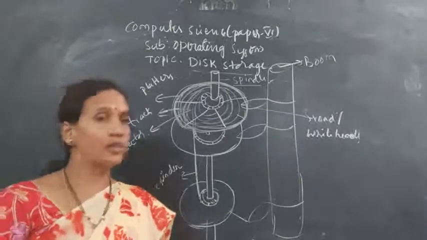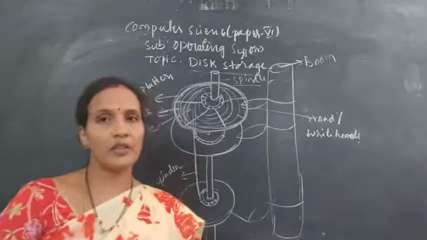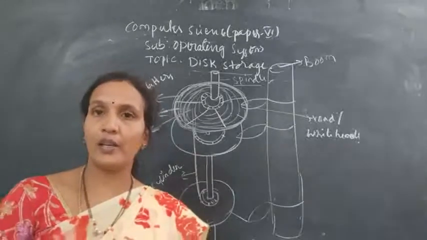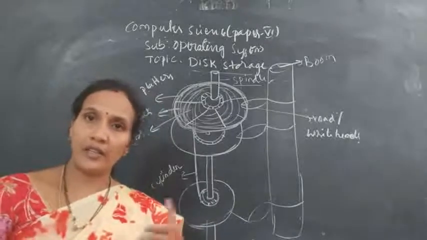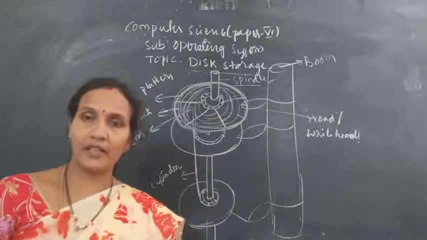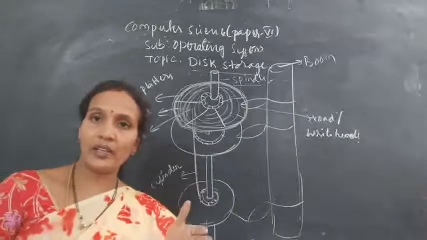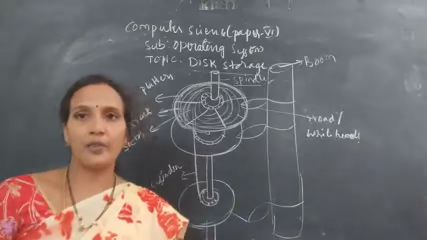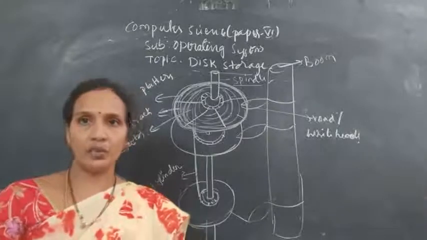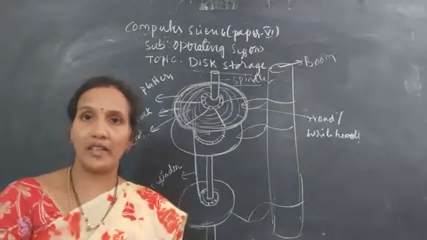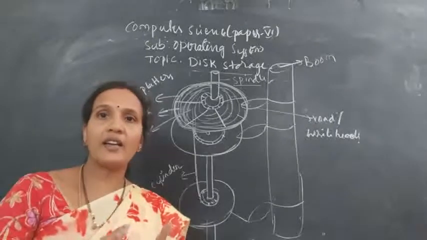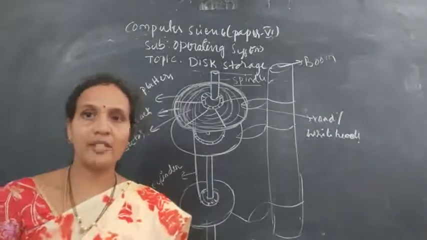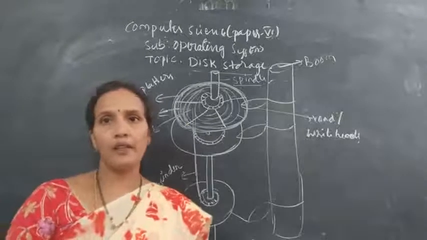And if you have thousands of platters, meaning thousands of read and write heads, only one point is that the read and write head will read the content and write the content which is in the very adjacent track to it. So in whichever track you want to read the content, you rotate the track so that it moves very adjacent to the read and write head, immediately adjacent to the read and write head.